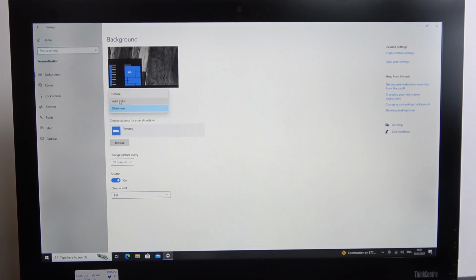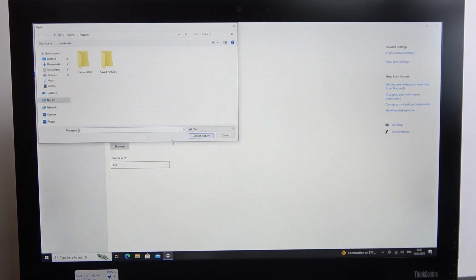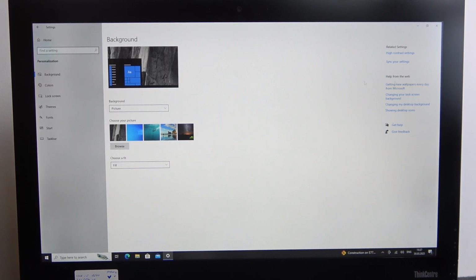There's also option to change it to your custom image, so click on the browse and here find the files that you want to set as your wallpaper. And that's it for this